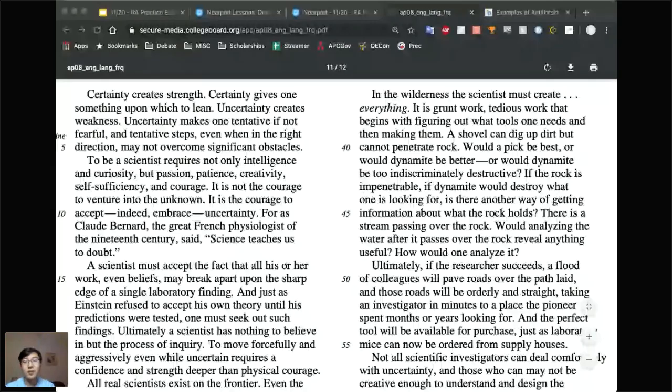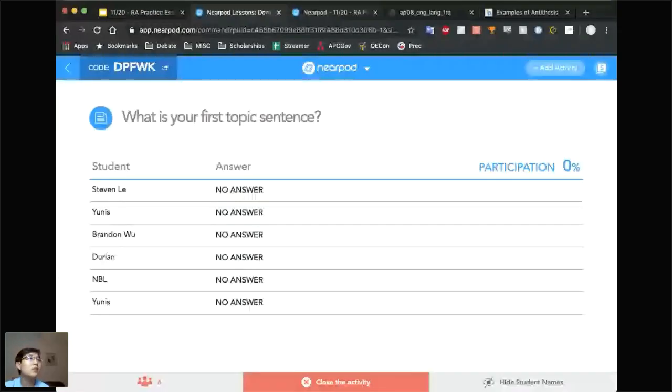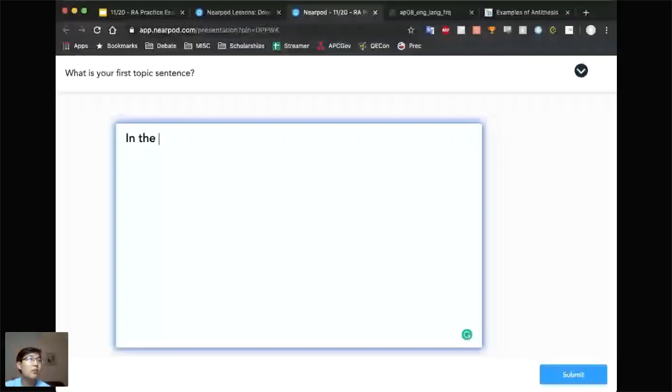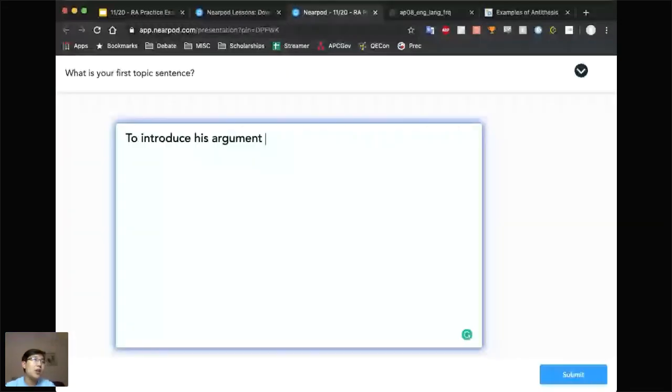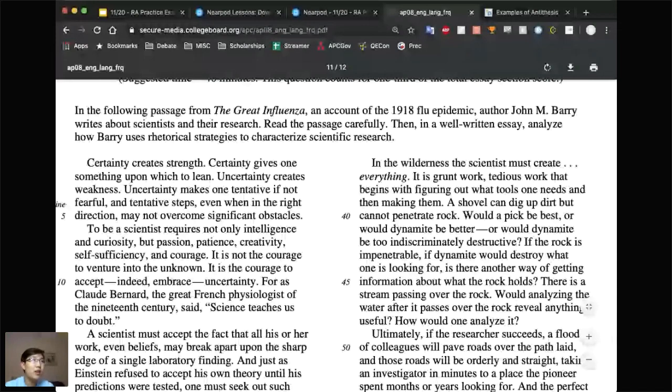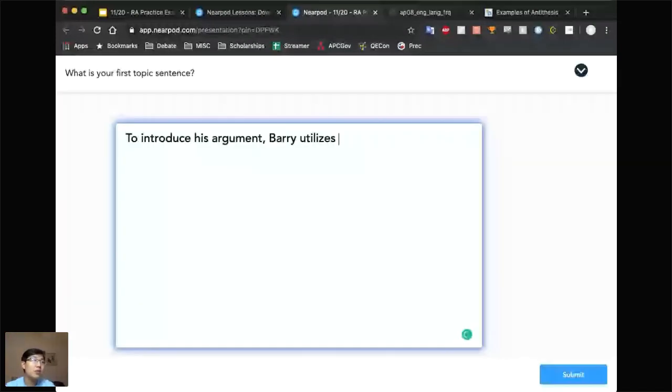Is this the first topic sentence in the first body paragraph? Yes. Sorry about that. I didn't see your comment there for a sec. So my first body paragraph topic sentence would be something along the lines of: to introduce his argument, the author, which in this case is Barry, utilizes anaphora. No, I would say juxtaposition, actually. Juxtaposition in asserting that certainty creates strength, yet